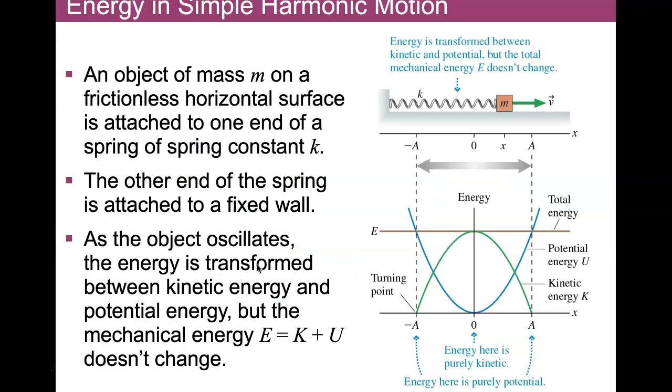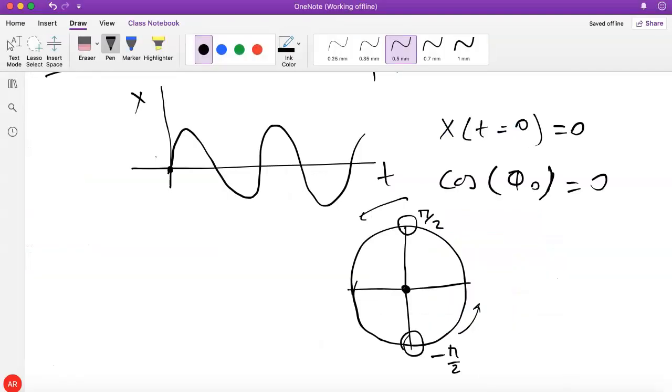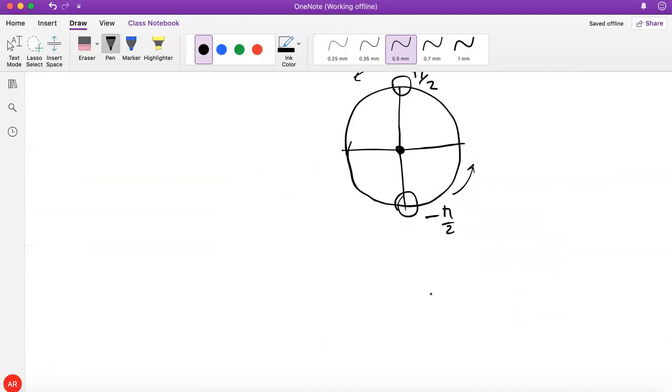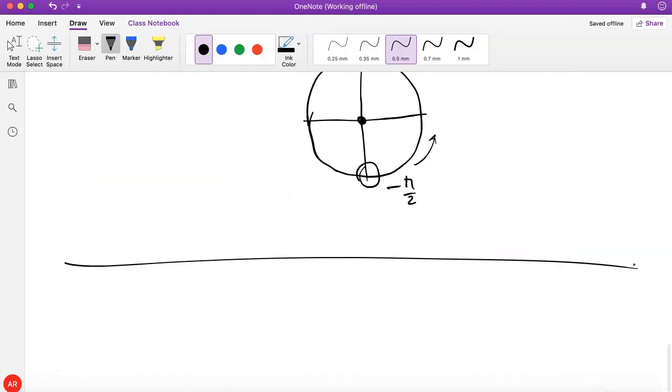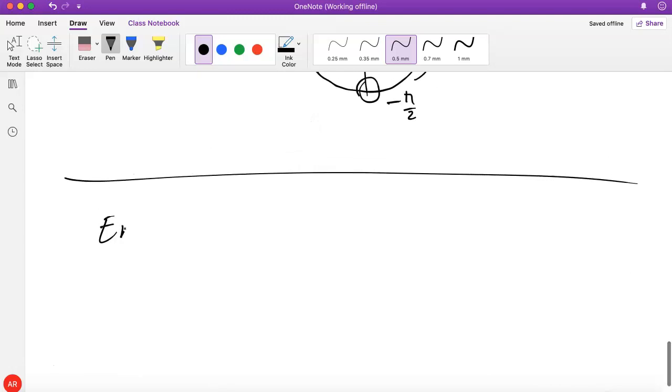All right, so the next thing we want to talk about is energy in simple harmonic motion. So far we just talked about the kinematics of simple harmonic motion. So let me go back to the notes here, and let's think together about energy in